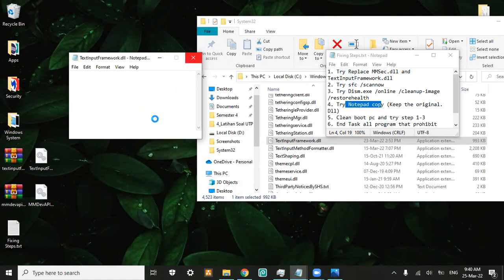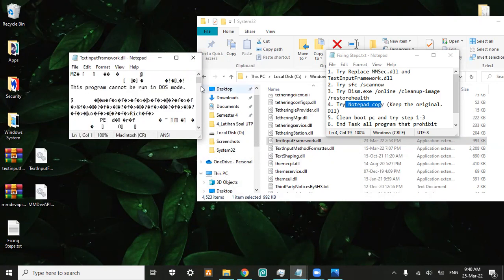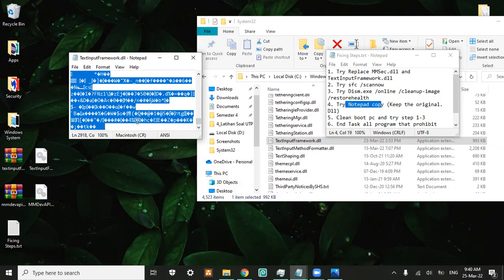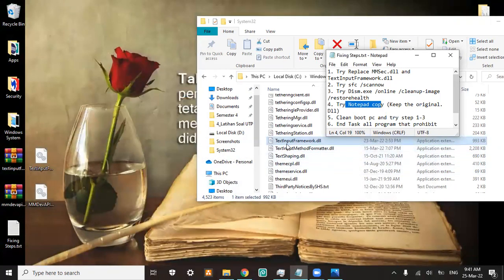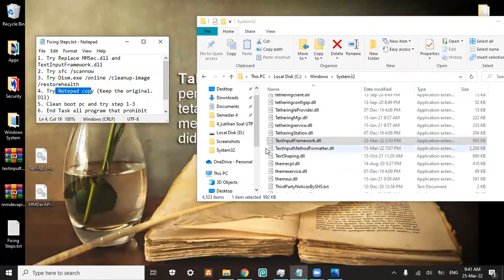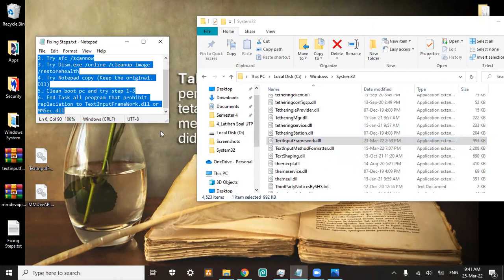This will take a little bit of time because there are so many characters in this notepad. When you face this, you only need to press Control A and then Control C to copy it, then open your file in the System32 folder again and do the same. After that, you press Control A and then Control V to paste it and save it. But when I tried, it could not be done because, again, the file is still used by another program, so I can't save it. So it did not work again.